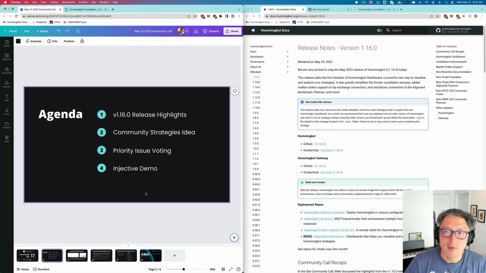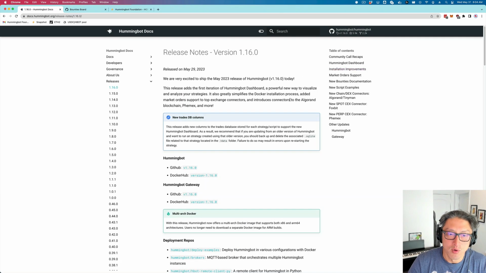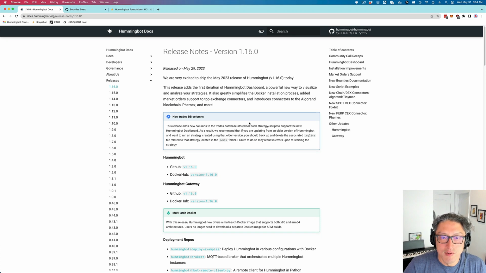In terms of release highlights, these are the version 1.16 highlights here. The big thing in this release, I think, is the addition of the new dashboard that we just rolled out. And this is something that people have asked for a long time. I think ever since we started Hummingbot, users have asked us to create some type of graphical interface for Hummingbot. And for a long time we resisted that because we felt that Hummingbot is really a command line tool,